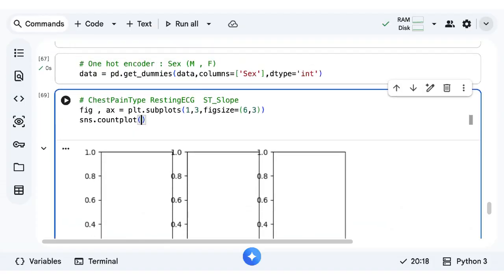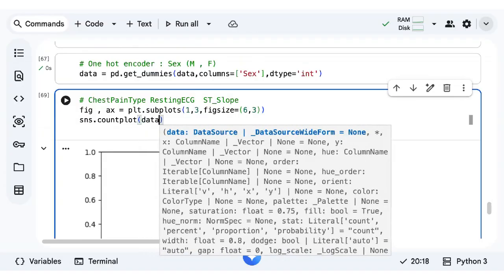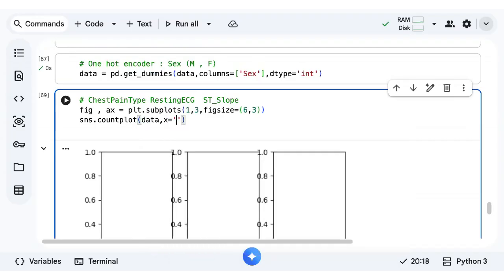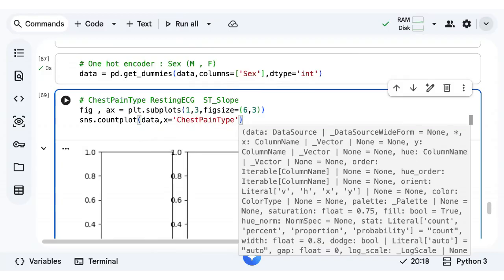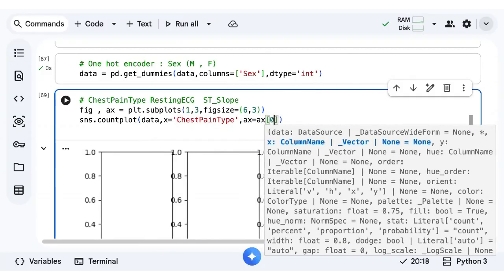Okay. sns dot countplot, data comma x equals chest pain type, comma ax equals ax of 0.